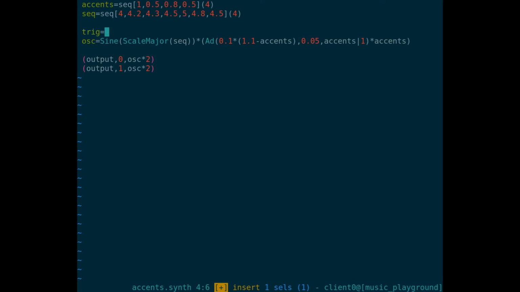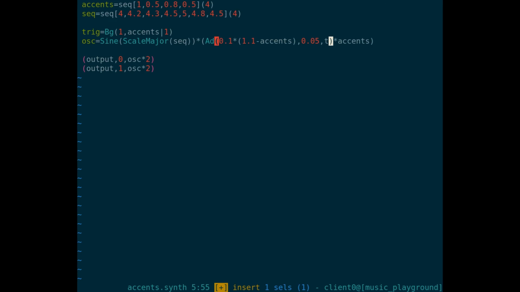Let's just pull out the trigger here and give it a Boolean gate. A Bernoulli gate. I'm going to give it the triggers from my accent sequence, and a probability. Start with 1. This Bernoulli gate has 2 inputs, a probability and a signal, and 2 outputs. Every time the signal goes high, it will randomly switch which of the outputs the signal gets routed to based on the probability. So you can use it as a little random switch, or like what I'm going to do here, which is to take one of these ports,